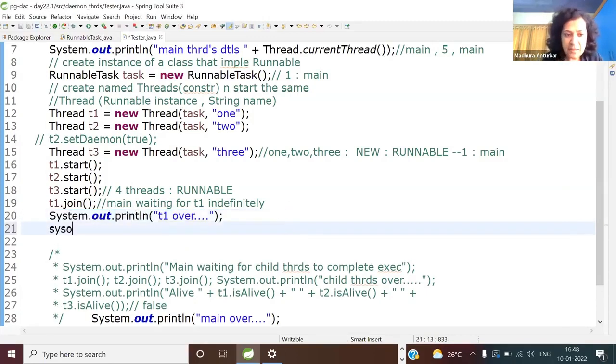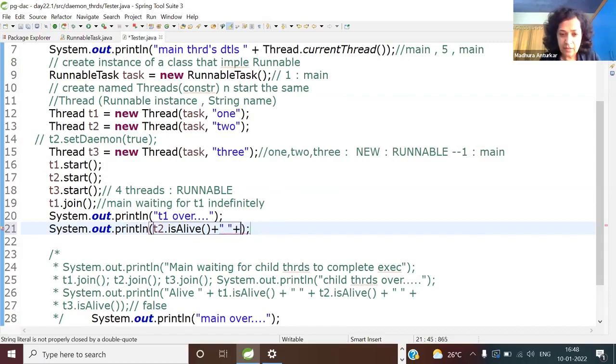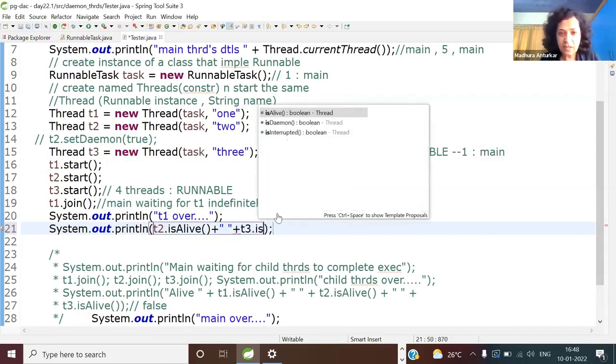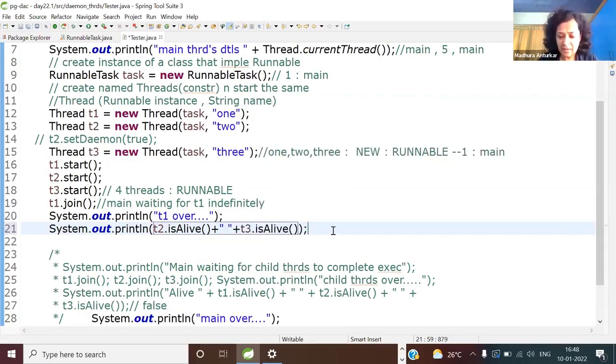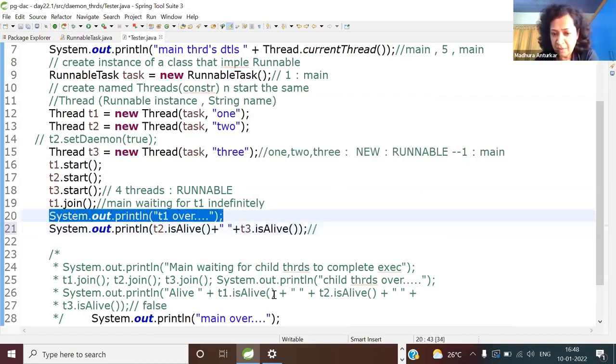Now, if I ask you to do this with me, T2 dot is alive and T3 dot is alive. Guess the output. It's going to be true or false, right? So anyone wants to tell me, with T1 over, let me hear your answers.